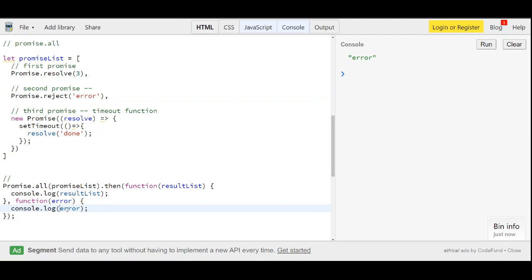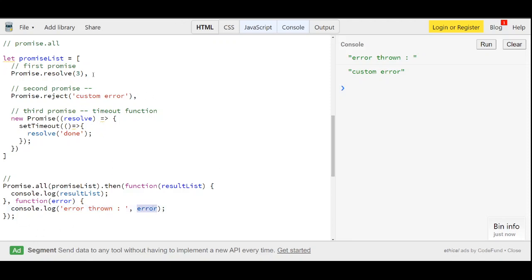I'm just passing this so that the error is thrown, right? And the error thrown is a custom error. So this is the error thrown and this is the custom error.